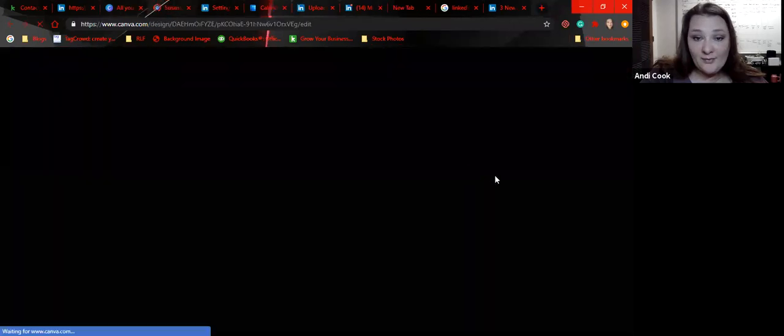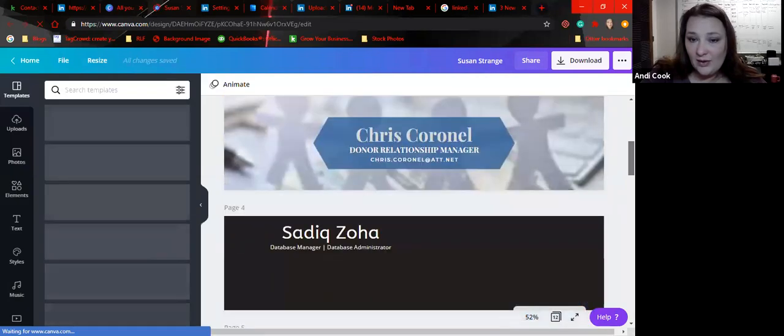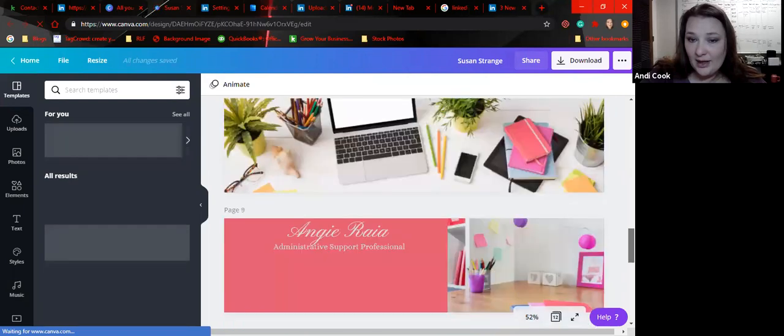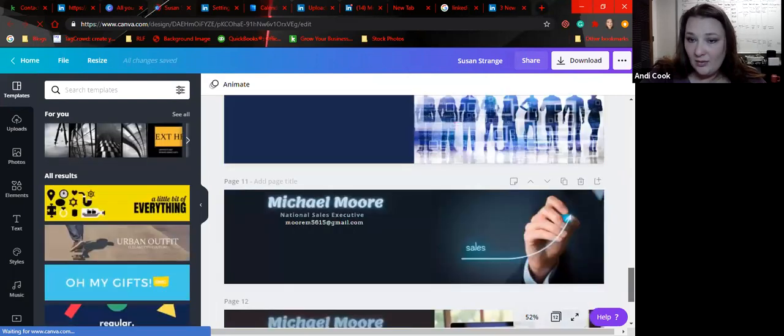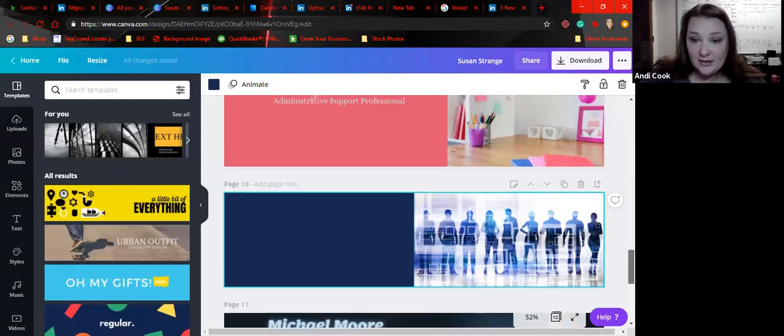If I go in here and go down through these, then again, I have Chris up on the screen, and then we can go down through and see that we're creating banners for multiple people. What I want to focus on is right here, this banner. What I would do is I picked out a picture. I like things that are digital because I help people navigate the digital hiring process.